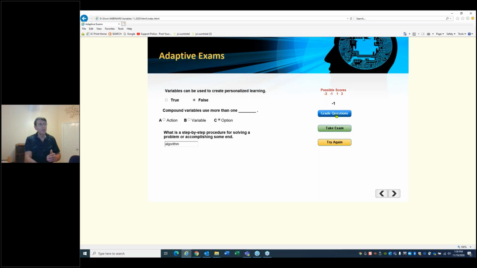As I total up, I have another variable that stores my score. When I click on grade, I change this text field and update it. I say change the contents to equal my variable total score, and that's how I show that. Then when I say take my exam, if my score is a 1 or a 3, go to exam 1. You passed. If my total score is a -1 or -3, and it shows that I did not know so much, then I get a different exam. Any questions at this point?